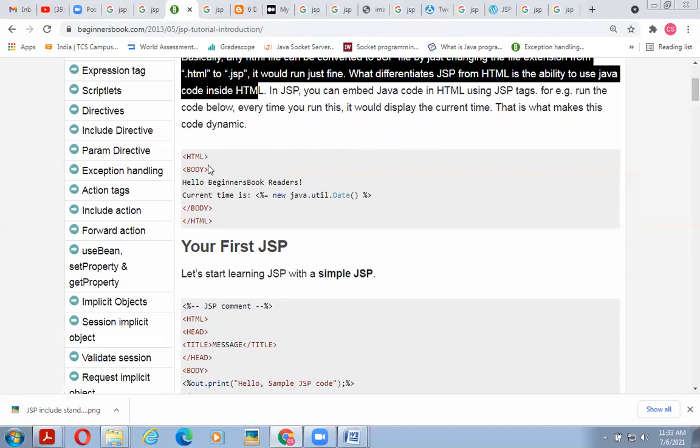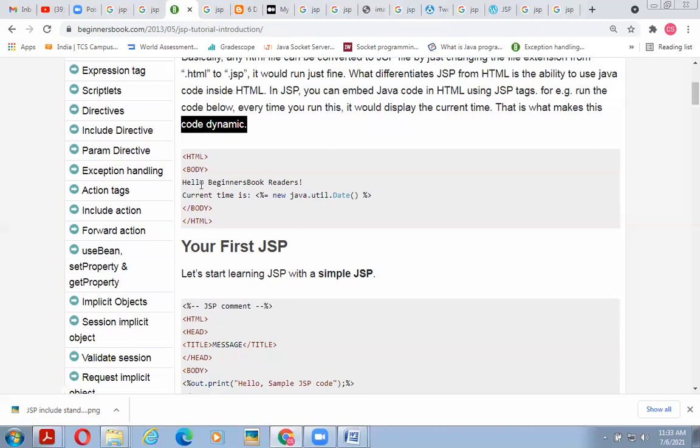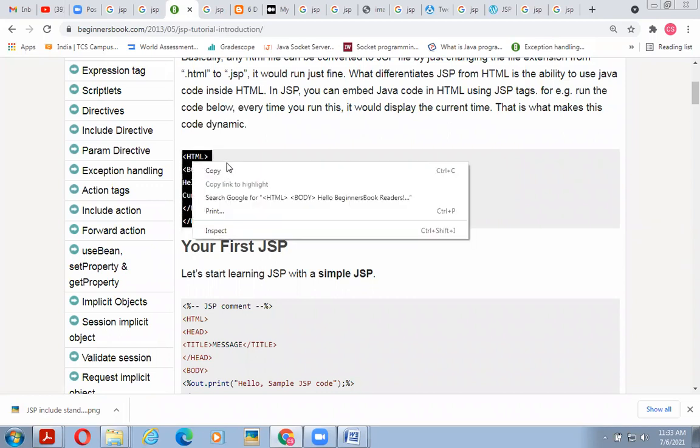Like here we have an example. We have an HTML and body. Hello, beginner's book. Current time, and we have a scriptlet. We have this functionality to show the JSP. This angular bracket tag percent equals new java.util.Date, and the body is closed. Because this is a Java thing, java.util, if you just take this example, you just copy it,